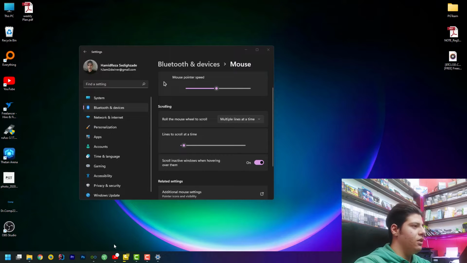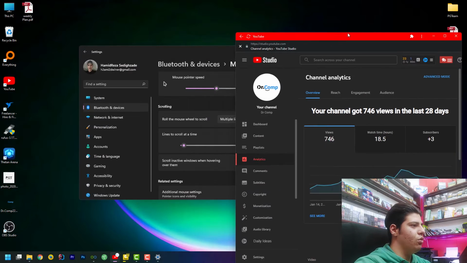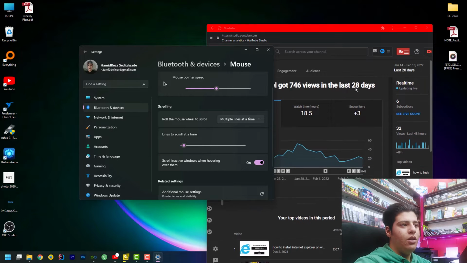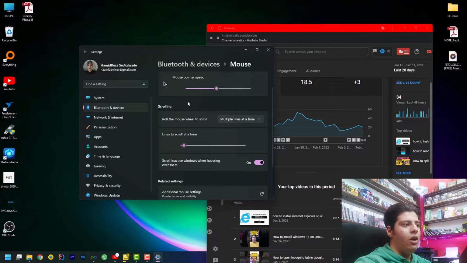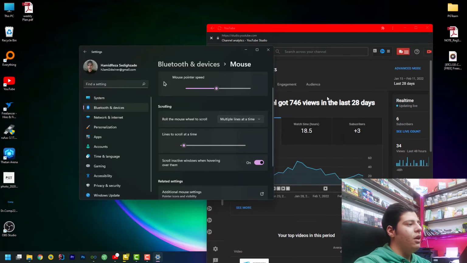The place I can say is YouTube. When I'm on this tab, I can scroll the other tab, but if it is one screen at a time, I can't scroll the other tab. Okay,